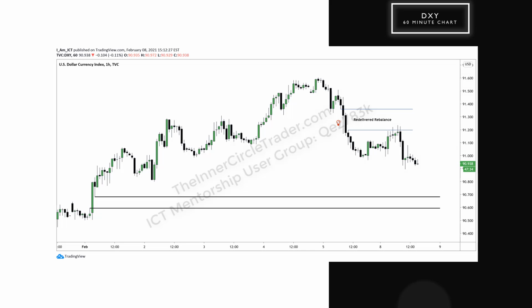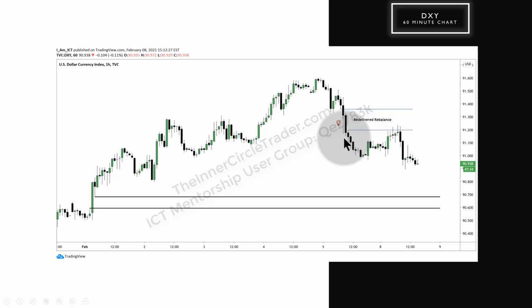All right, and I mentioned on the community tab on my YouTube channel that what I taught you yesterday was occurring on the 60-minute dollar index and Euro Dollar. So we have the fair value gap in here, and again, by me saying that, it doesn't seem like there's a fair value gap there, except for this little piece right there, okay? But it's this entire range right there. Now, it's not called a fair value gap because we refer to it as redelivered rebalance. We have this candle here going down and then coming back up, and the next candle it trades down and through it. So we passed multiple times in this range here.